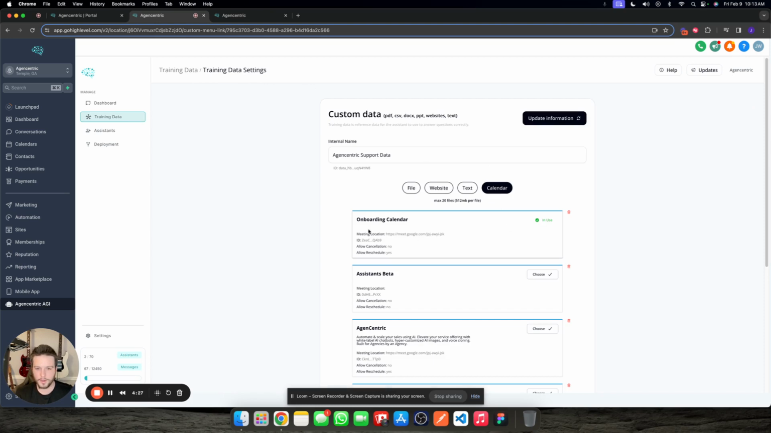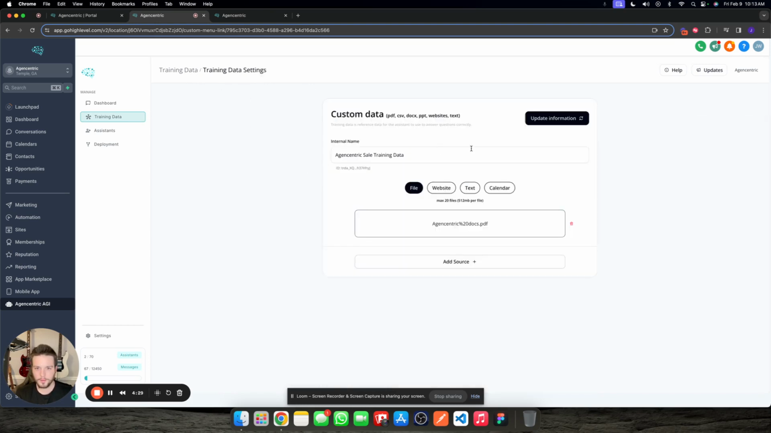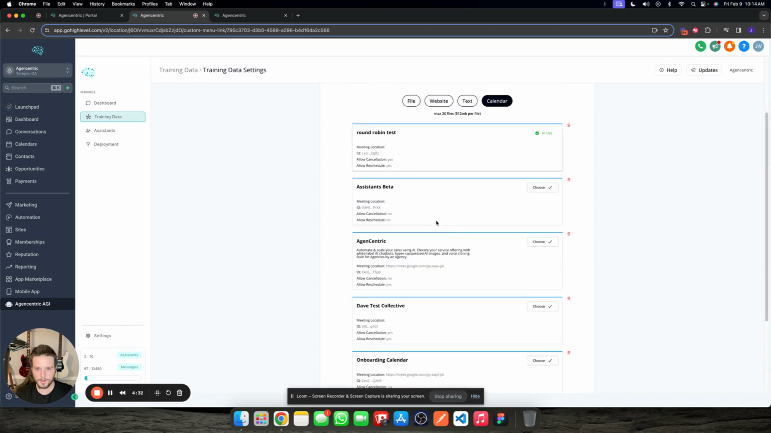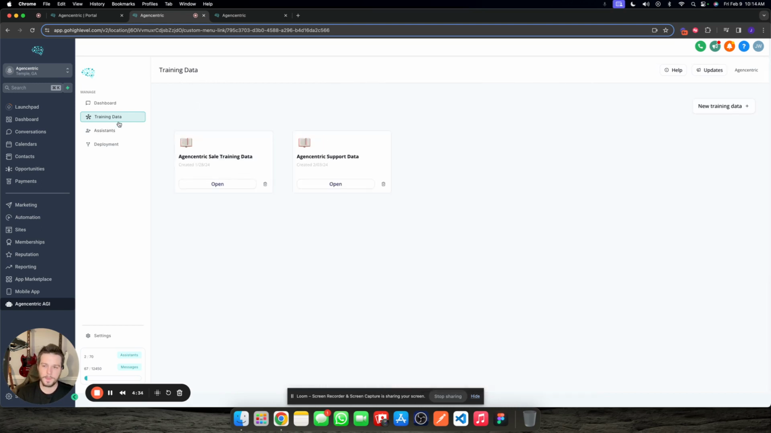So my calendar here is going to be my support calendar, and the same with this one, it's going to be my sales calendar here. So the reason that training data and assistance is a different structure, one, it reduces having to upload this data to every assistant you deploy, especially if you have different business functions. So what you're doing here is you're creating a brain, almost like a shared brain for your assistants to use in their different business